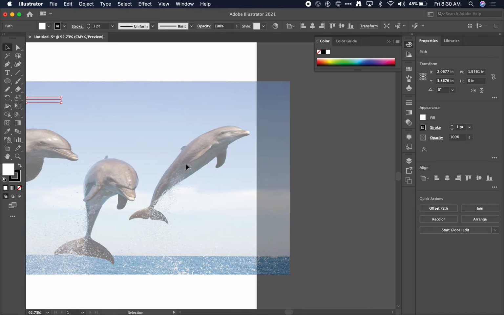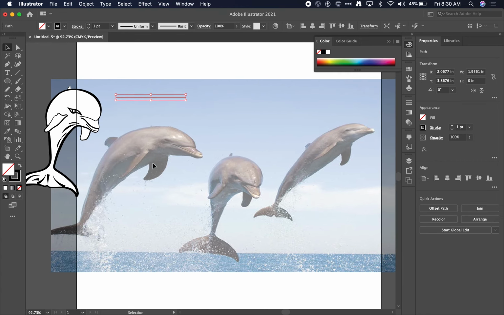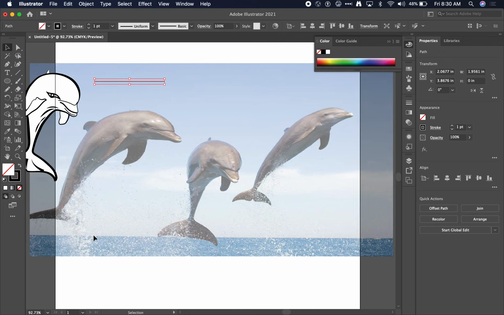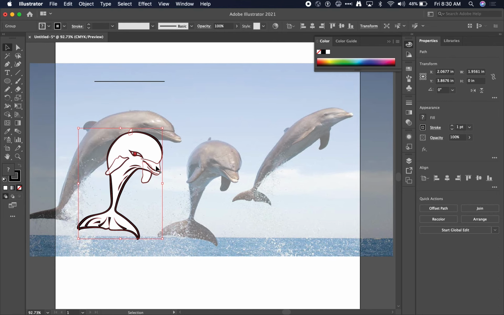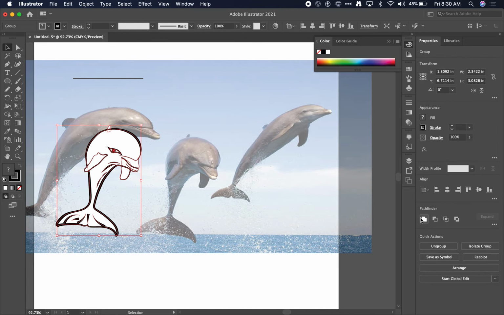Remember to think about what's going to be in front. Remember to make sure that this is on transparent while you're drawing so that you can actually see what you're doing. Once you've got the main outline and then a couple of the background elements, you can then add in all the little details if you want. And in the future, we're going to be showing you how to create lots of interesting patterns. But this is a good place to start, and I hope you have a lot of fun with this